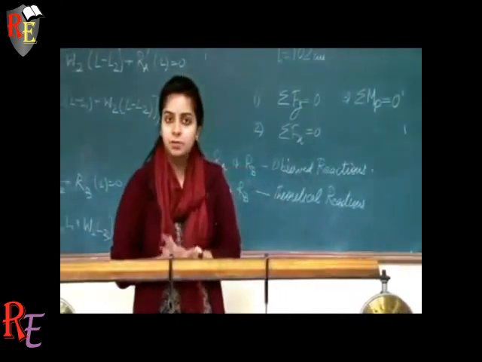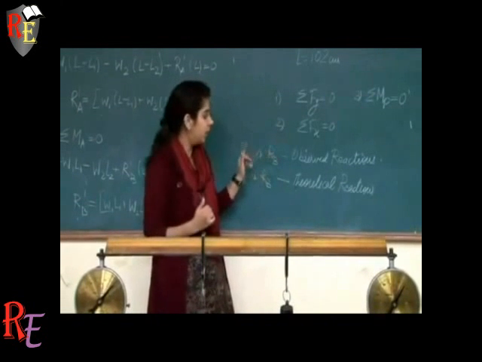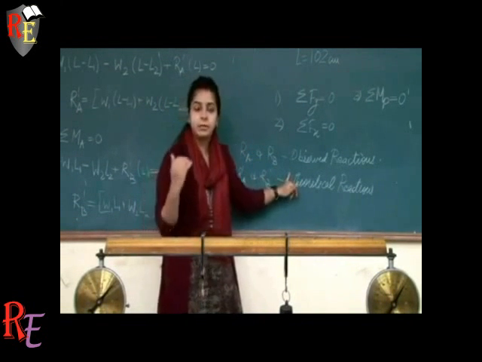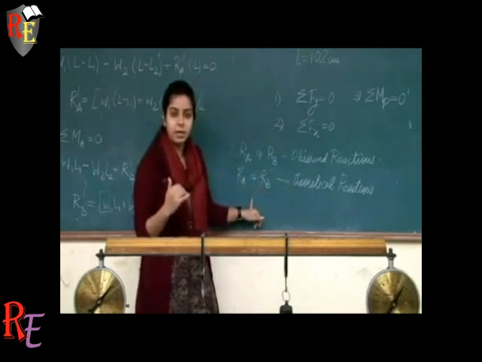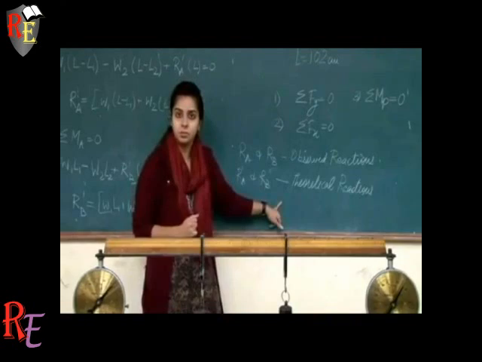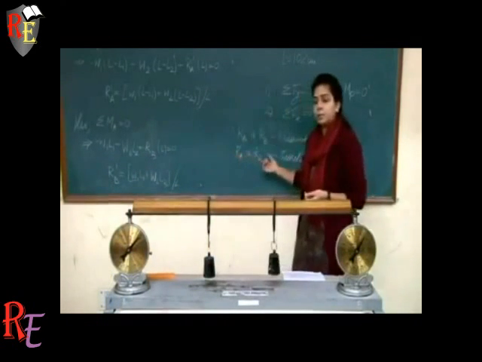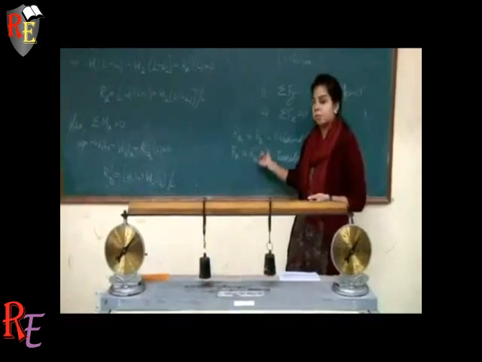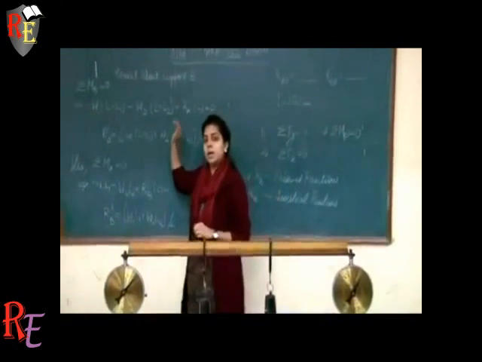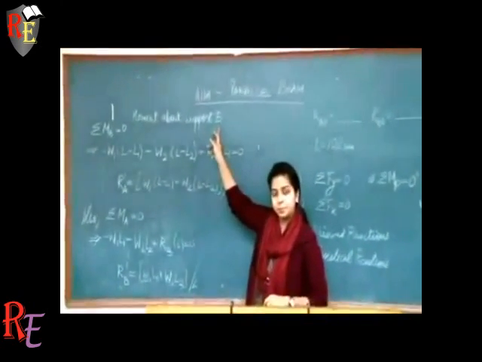So the main purpose of your experiment is to observe and to experimentally obtain different values of RA and RB, and meanwhile find the error from the theoretical reactions RA dash and RB dash. Now calculation of RA dash and RB dash, that are your theoretical reactions, is done by these equations, wherein we first apply the law of moments at support B.